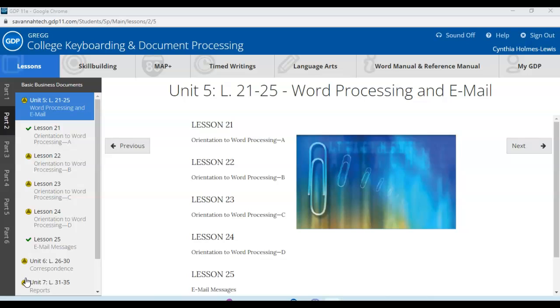We will be starting with your word processing and email, and it's lessons 21, 22, 23, 24, and 25. And that's per your syllabus. It tells you to read your information out of your college keyboarding book. It tells you to complete your word processing and email, pages 74 to 86. Microsoft Word 2019 is the software that you need, however 365 works too. And read in your manual